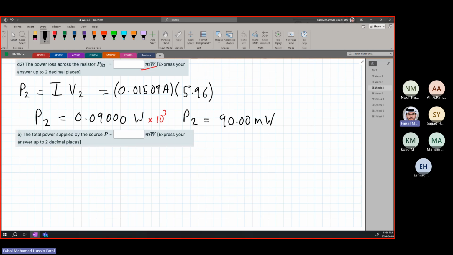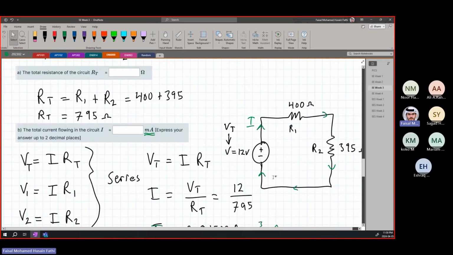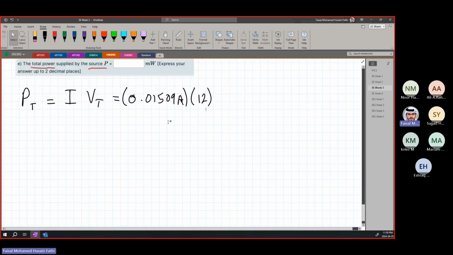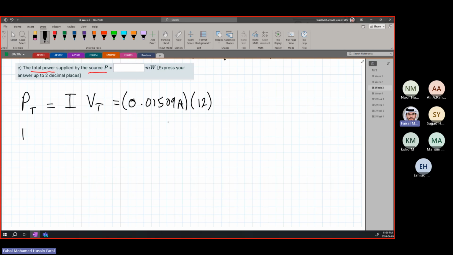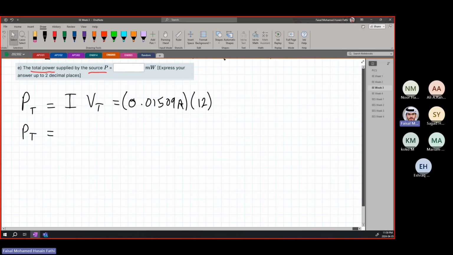Now the last question. It's asking for the total power supplied by the source. For now we're talking about P total is equal to I times V total. This is one way of doing it. Okay, we can solve it this way. So this is going to be equal to 0.01509 amperes times the total voltage, which is given for the source. It's 12 volts. So times 12. So PT is simply going to be equal to